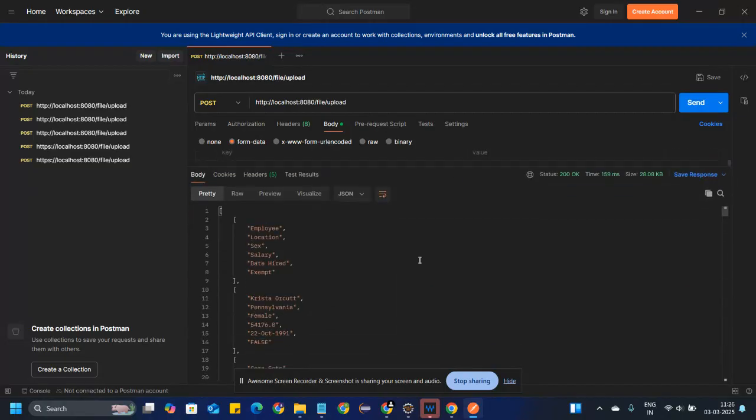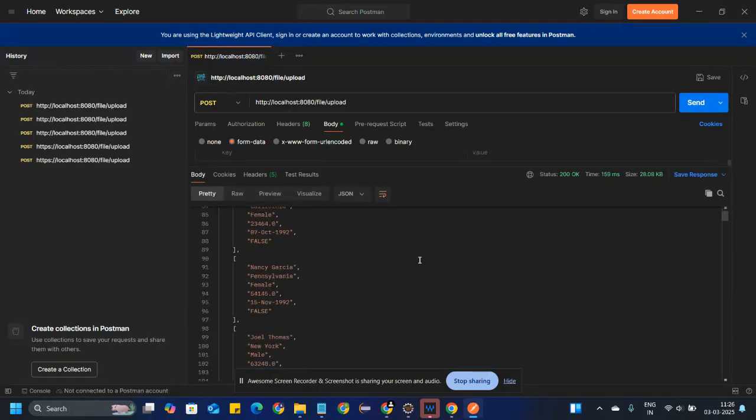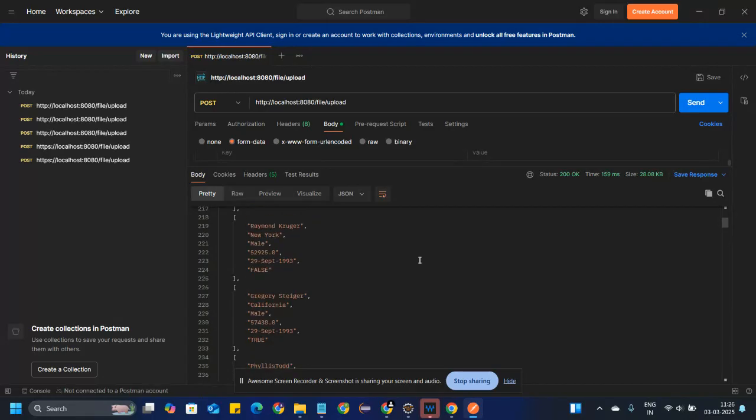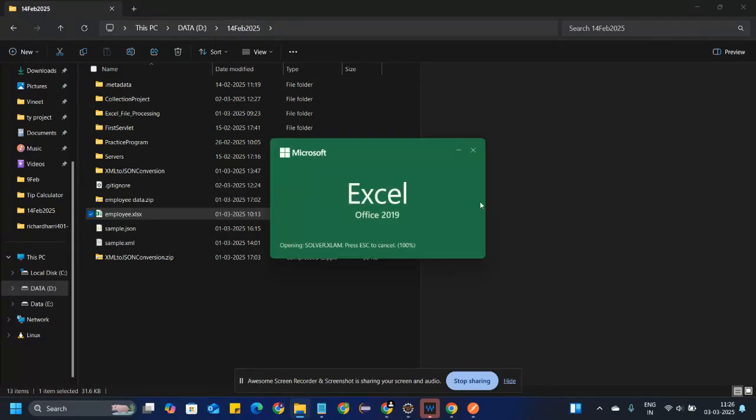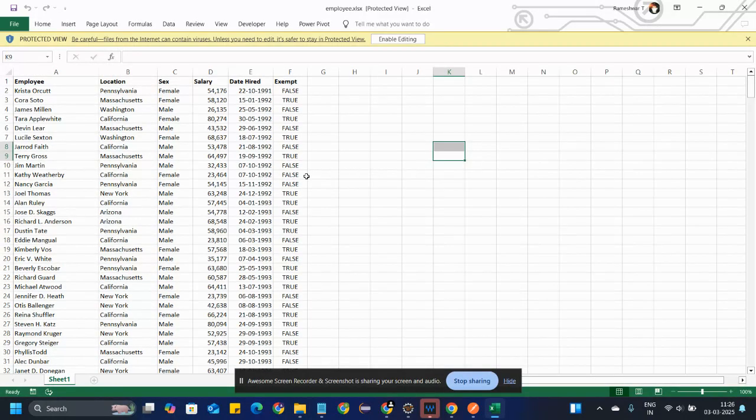Here we see all the data in format. All data is presented in rows and columns.